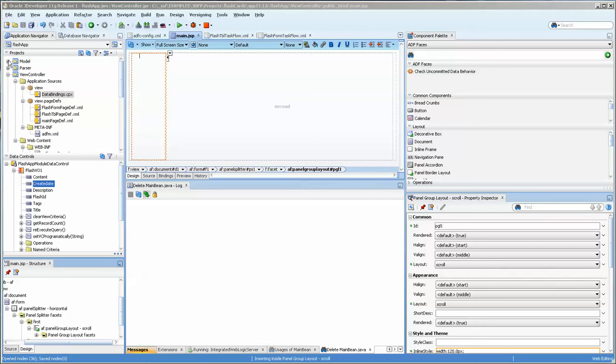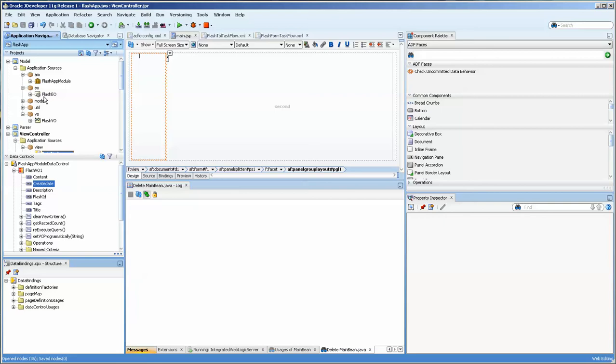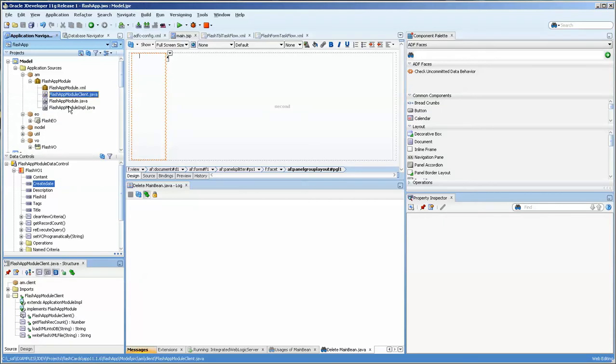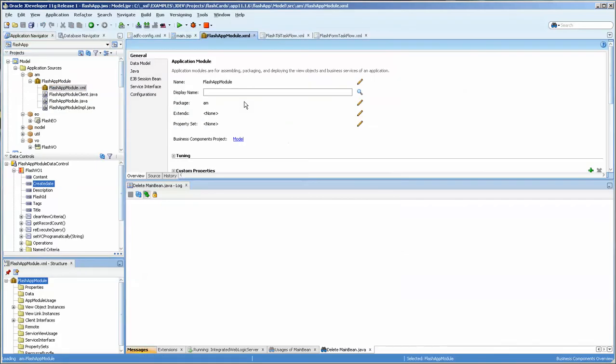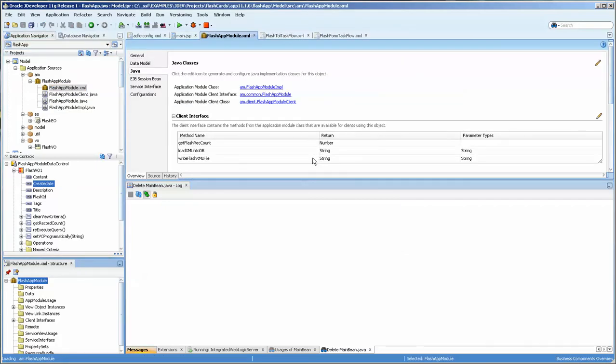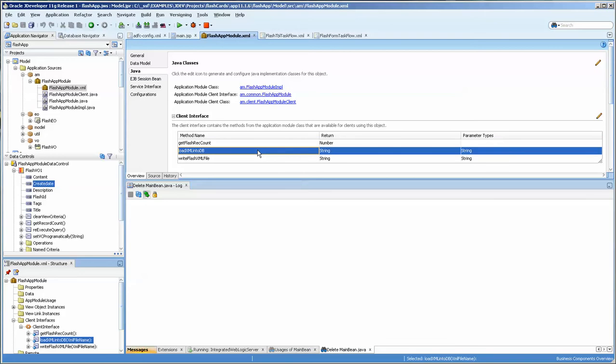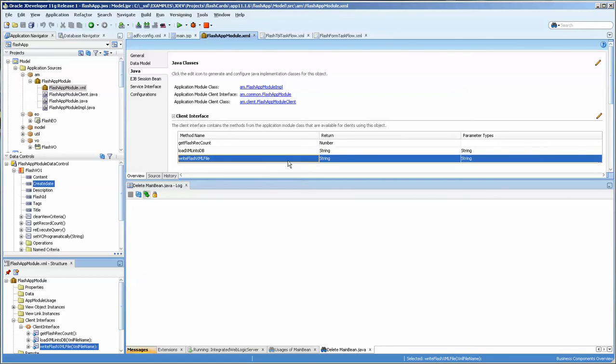And what we have here is a model layer with the typical view objects, and the application module has a number of different methods on it. If we go over here, you can see that there's a get record count, a load. This takes an XML file and it loads it into the database, and this writes the XML file to the database. And there's a few other